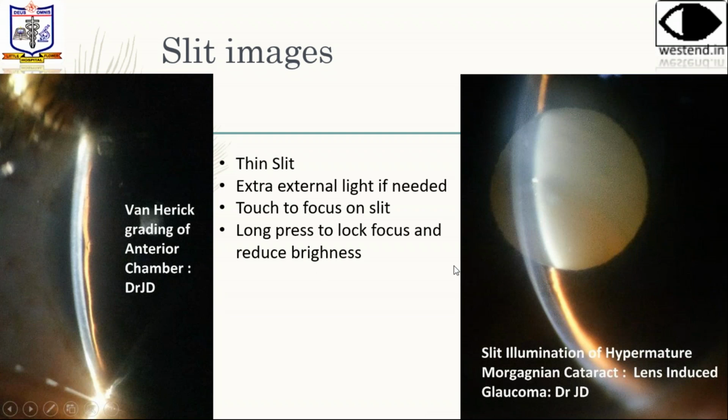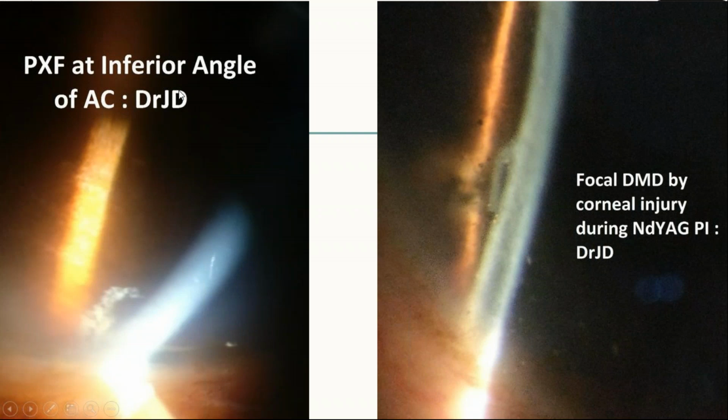And here, if you look closely, you can see not only the slit, there is a Morgagnian sunken cataract. There is white milky fluid and a sunken nucleus. So this is where the sunken nucleus can be seen. It's not very visible, but it can be seen if you look closely. This is a slit lamp photograph which shows pseudoexfoliation in the inferior angle. This is a big piece of pseudoexfoliative material, which is why it can be seen like this. Most of the time it can be seen only on gonioscopy.